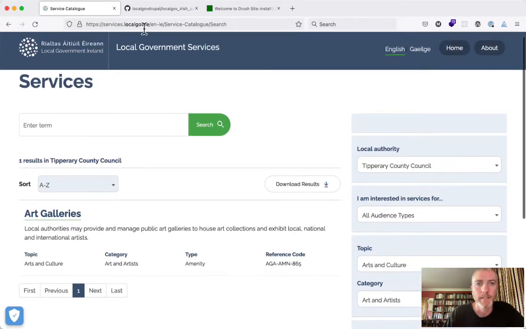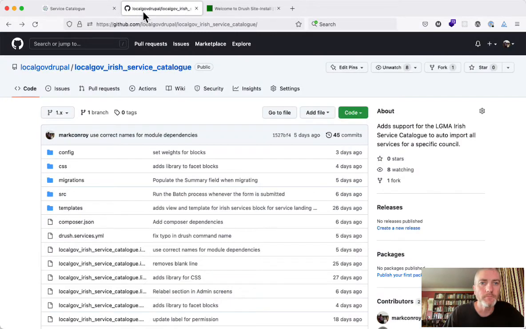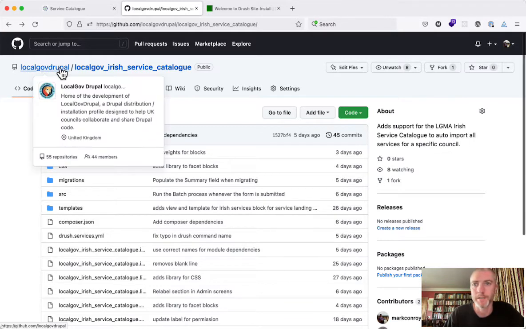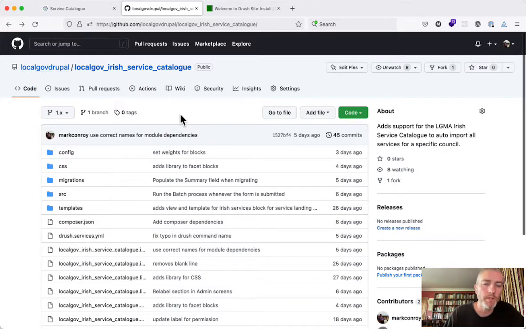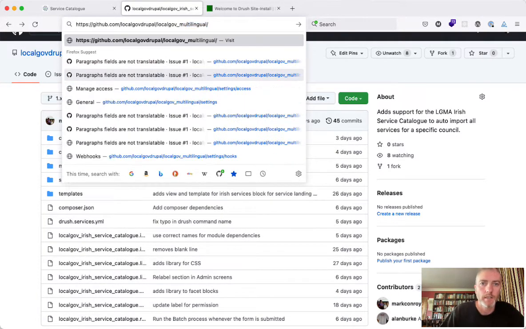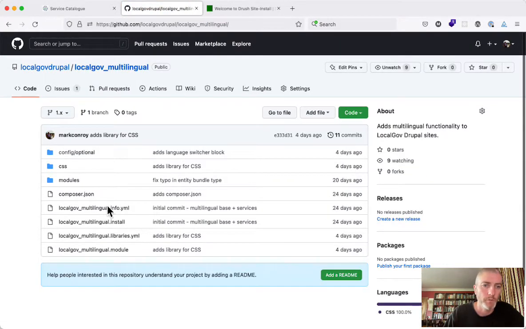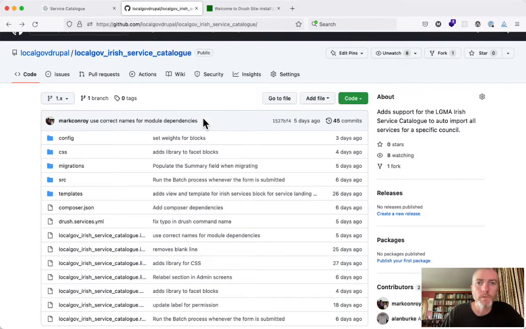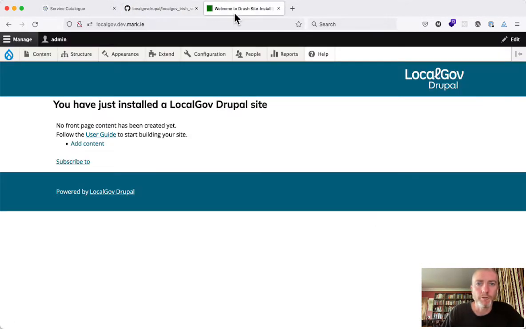What we've done is we've created a module called the LocalGov Irish Service Catalogue inside the LocalGov Drupal project here on GitHub. So if you install this module here, what it will do is it will actually install this module, but it will also install another module called LocalGov Multilingual, which we've also developed, which allows your website to be translated into Irish and Welsh. So if you get those two modules on your Drupal site, so what we have here is a LocalGov Drupal